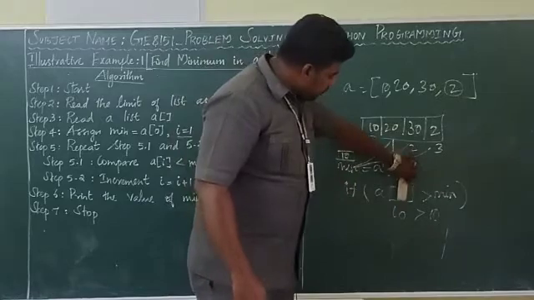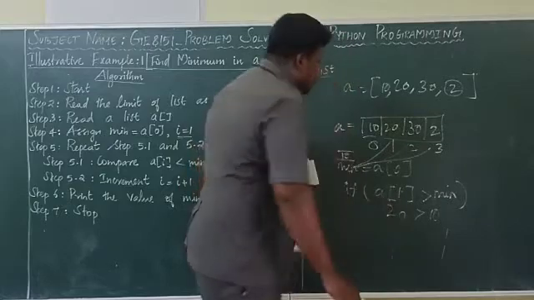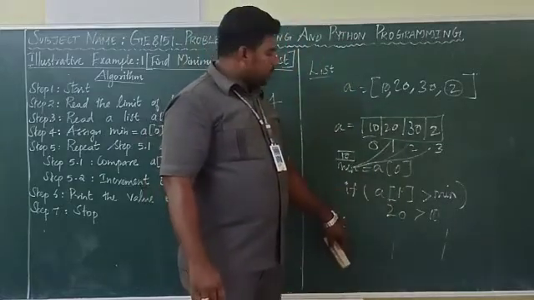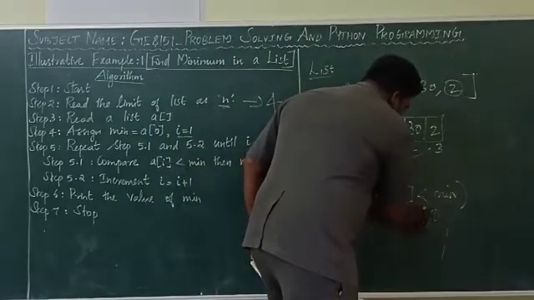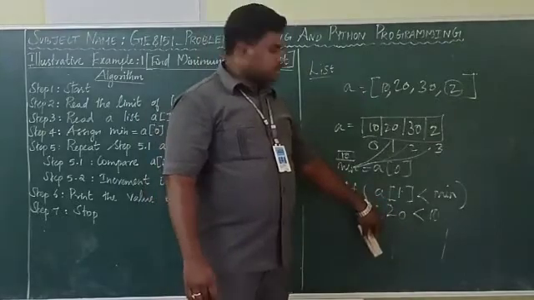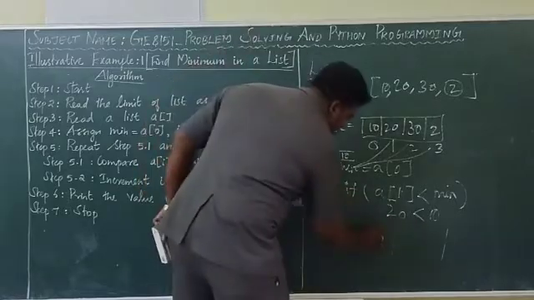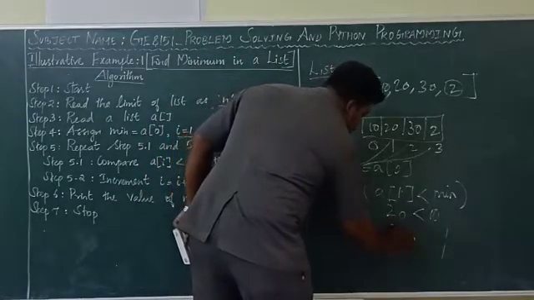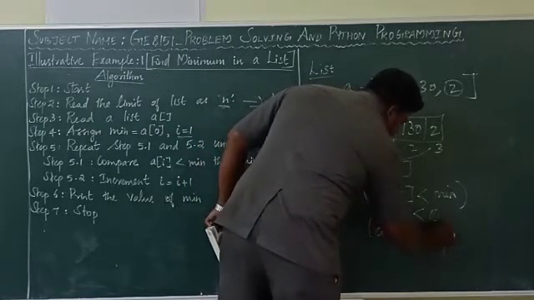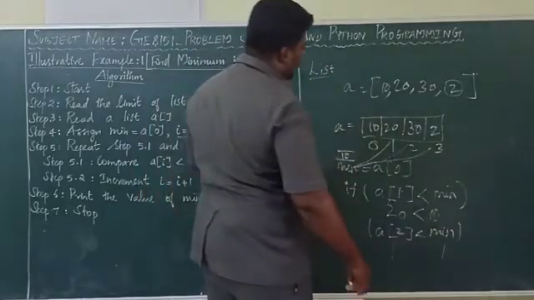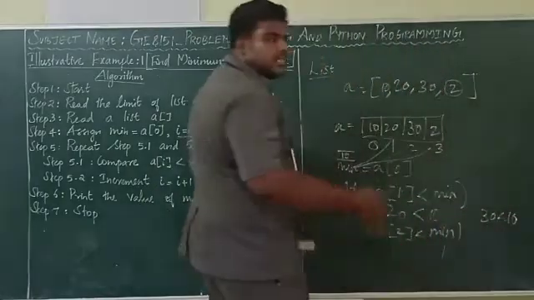So you can start with the first position. So a of 1. Which one is a of 1? 20. 20 greater than min. Condition is true or false? Sorry, here we are finding the minimum, right? Sorry, let's put the symbol less. 20 less than 10. Condition true or false? False. So you won't execute the next line. The second iteration, you have to compare a of 2 less than min. So what is a of 2? A of 2 is 30. 30 less than 10. Again condition false.